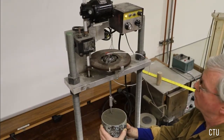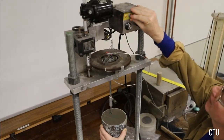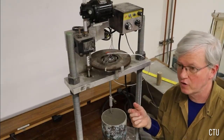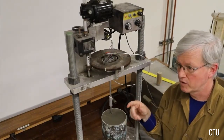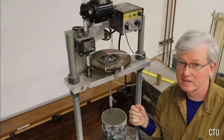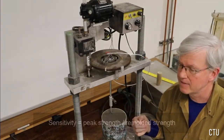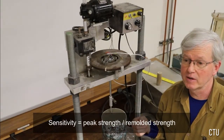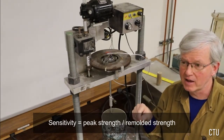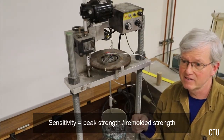That's about 1/4 of a revolution. We're going to pause there for a second. And we've now already measured the peak shear strength of the soil when we saw the peak torque. The torque is directly related to the shear stress acting in the soil. One of the things that the vane shear test is very good at, though, is for soils that have some sensitivity, we can measure the peak strength and then we can measure the residual strength very easily using the same